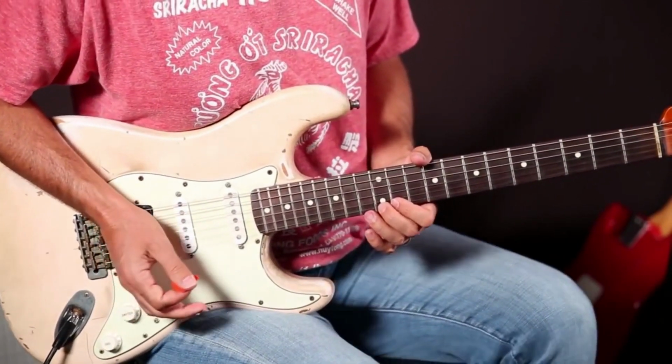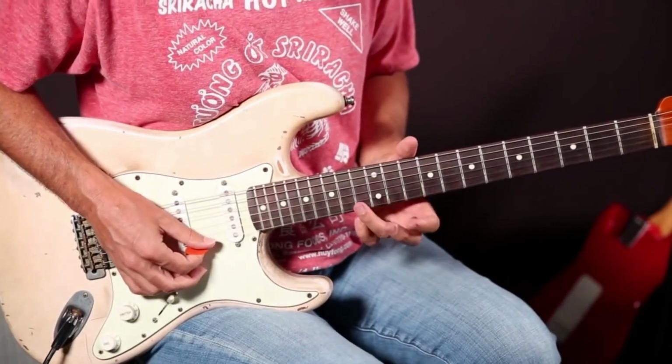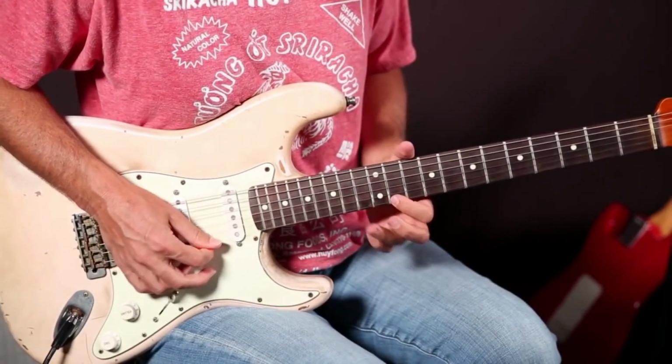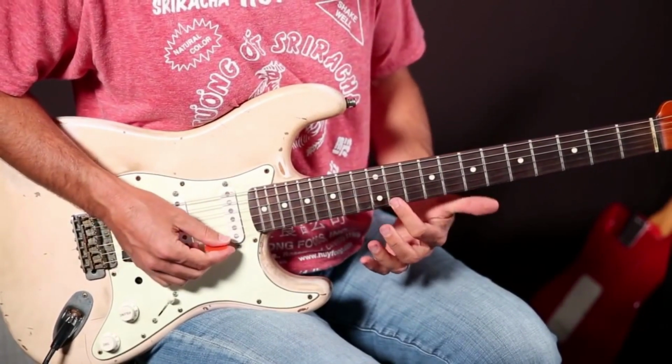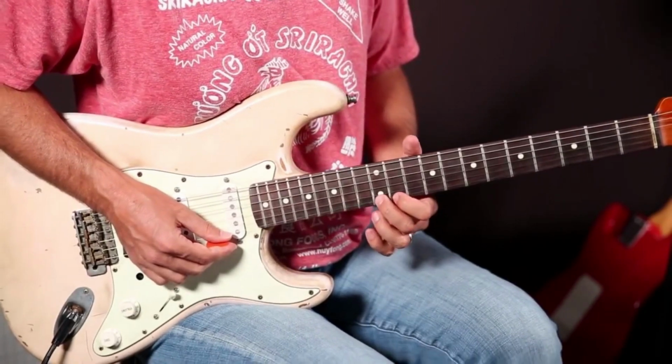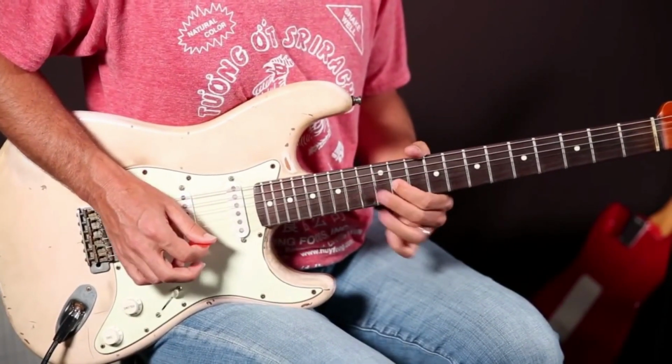It's used in all sorts of music, but in this instance, we're going to go 10th fret, or excuse me, that'd be the 13th fret, and then we're going to go down to the 11th fret and hammer on to the 12th fret. Okay, so we got...